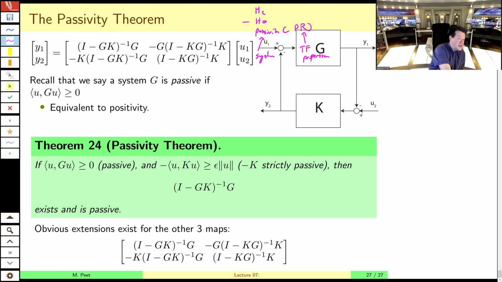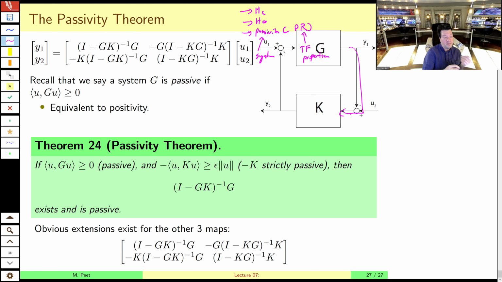So we had a small gain for H infinity. We have nothing for H2 at this point. And now we're going to get something for passivity. Passivity was a big deal back in the 70s, where they were connecting lots and lots of subcomponents of these circuit boards together, and they wanted to make sure the whole thing didn't blow up. Well, it turns out small gain wasn't entirely helpful, because if you connect two elements with small gain,